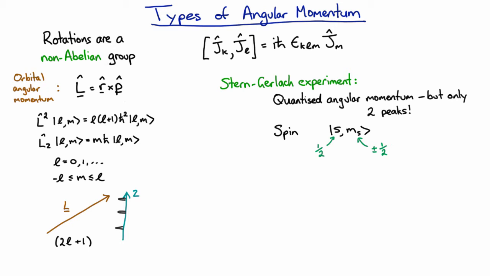And so the real Hilbert space for an electron was not as simple as a single component scalar field. It actually has two components, a spin up and a spin down. And this also helped explain why in the Pauli exclusion principle, two electrons could be in any given state of the spatial wave function. Now, the operators corresponding to the three components of angular momentum for spin must have the right commutation relations, these commutation relations up here, and because they're so simple, because the dimension of the Hilbert space is just 2, we can write them down directly as matrices.